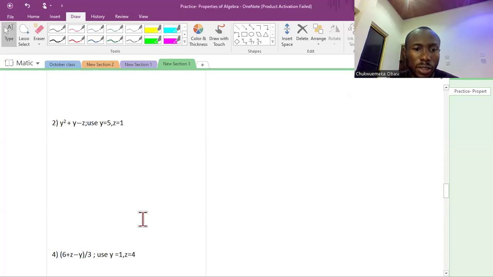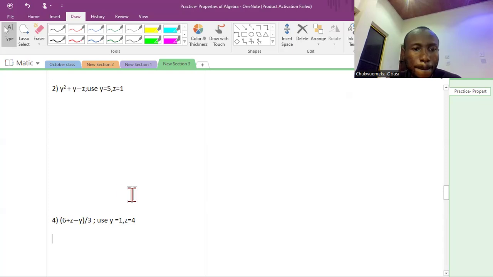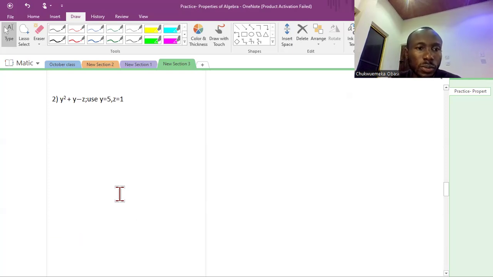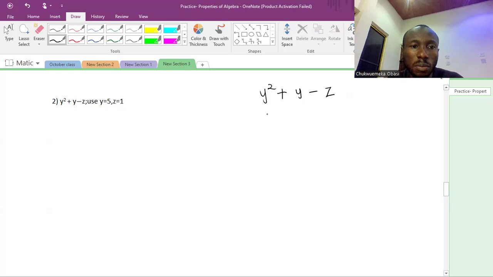Okay. So this is what we've got right now. Question 2. And let's do it together, after which you've solved it. So we have y squared plus y minus z. All you need to do is to replace the unknown variable with the numbers, right? So that will become, y is already 5, so that is 5 squared plus